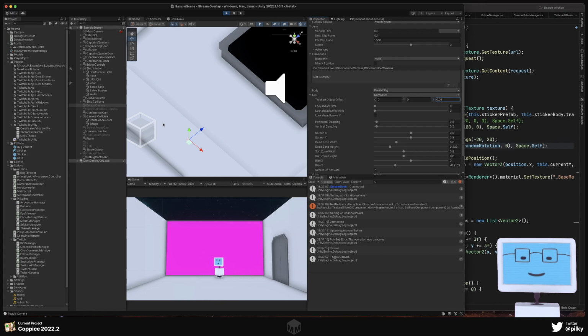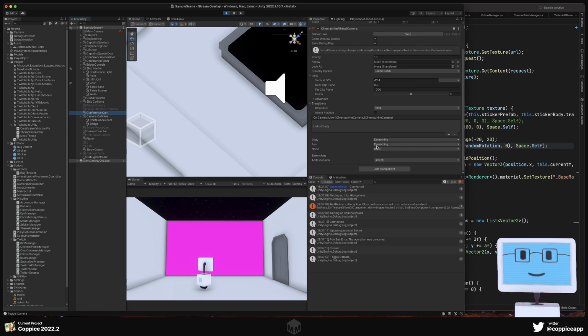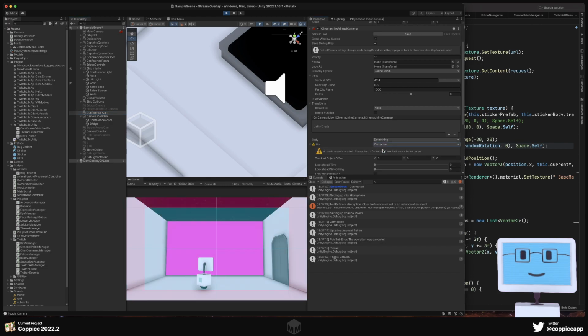But the thing is, let's just give this a go. Let's switch this. Aim. If I look at grid. Is composer. So confidence cam. If I change that to composer,